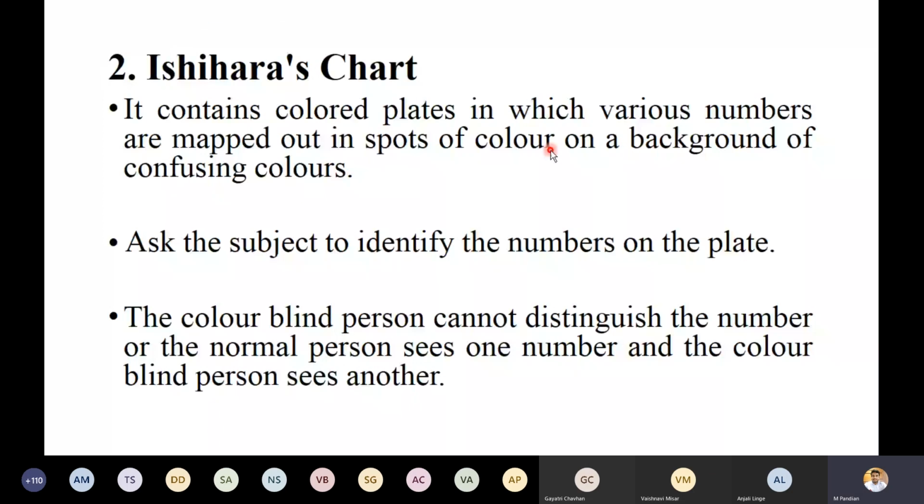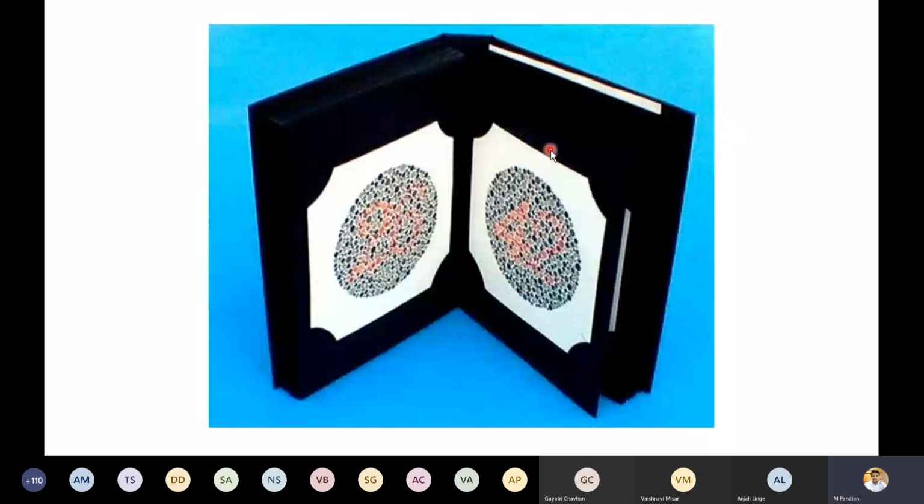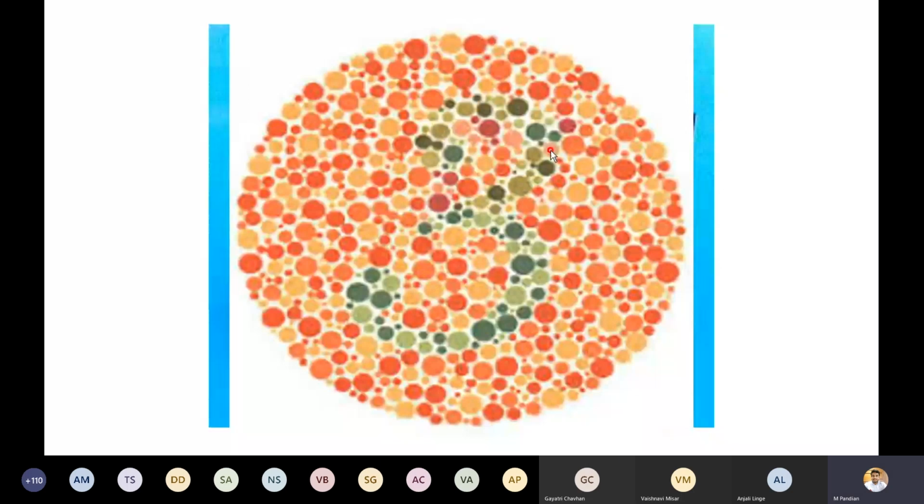Now, the Ishihara chart in the laboratory, especially the clinical laboratory. Anybody who can see the number can unmute the mic, or use the chat box. What is the number? 3. Whatever is shaded by green color, isn't it? So whenever there is a green color defect, they cannot perceive this number. I'm repeating, the 3 is made up of green shade. Whenever there is a green color defect, they cannot say 3.